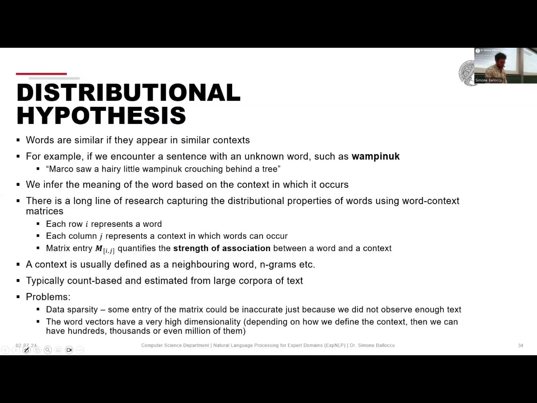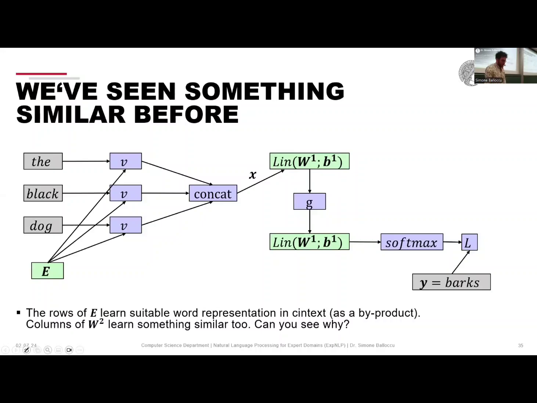So we're going to deal with something a bit smarter than this. We're not going to count and divide or something like that. But now, we saw something similar before. You remember this from before? Okay. Now, do we agree that the columns of E learn word representations? We say that. But you may argue that also this matrix